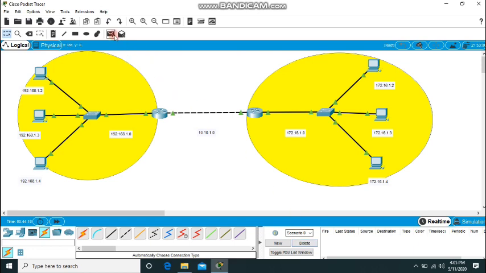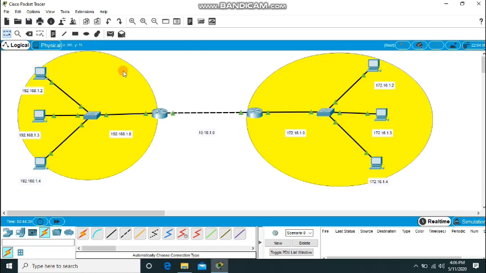From the other end also, pinging from this PC to the router is okay, the second PC to the router is done, and the third PC to the router is also done. So we can see the end devices are properly communicating to the router within the network.